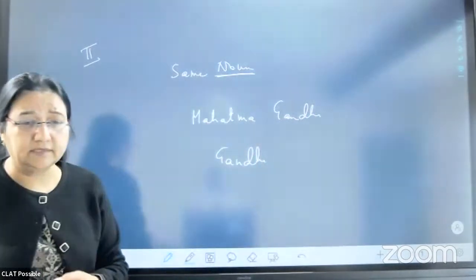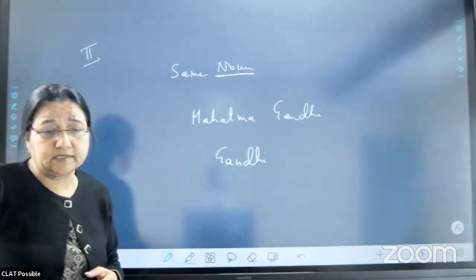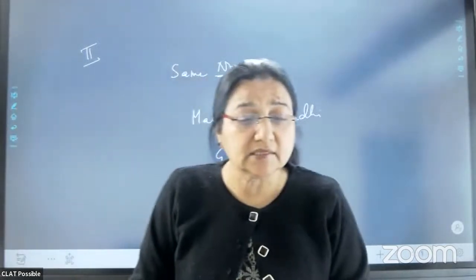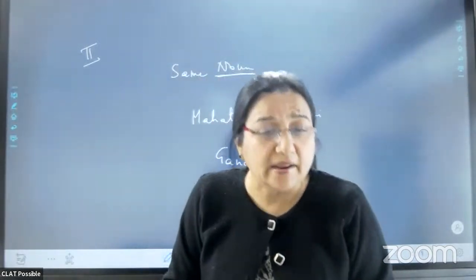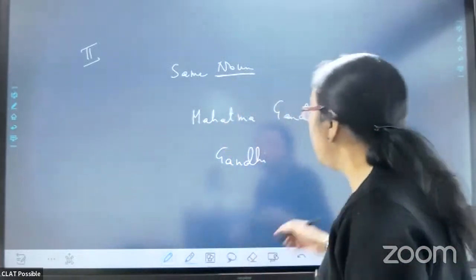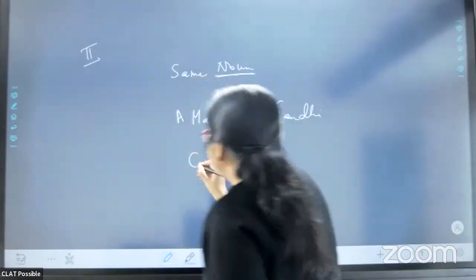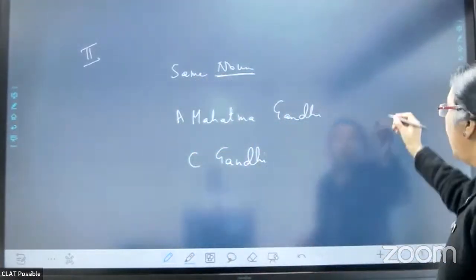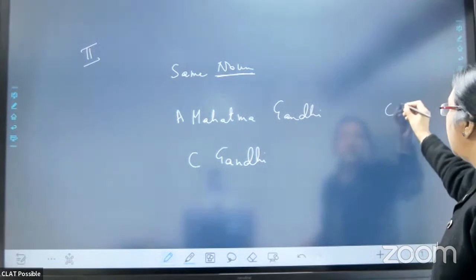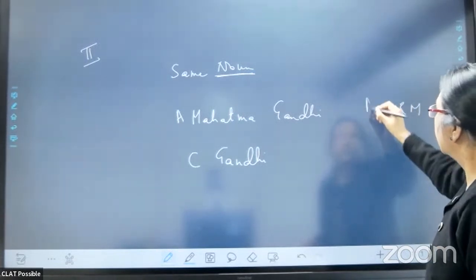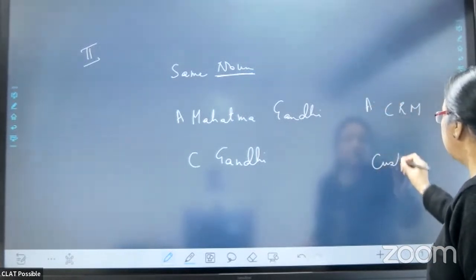Or let's take another example. In one of the sentences, he defines and says customer relation management. Let's imagine this is in A and the Gandhi word was in C. Or we can have CRM in A and customer